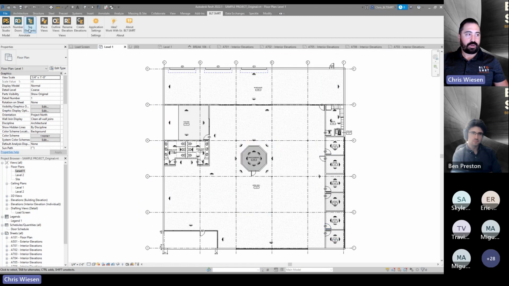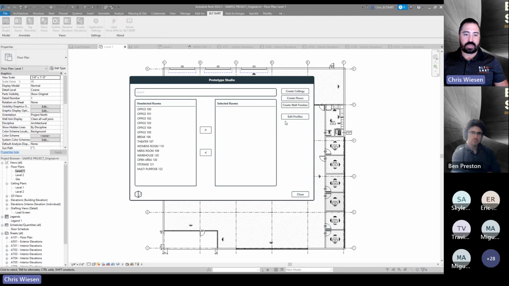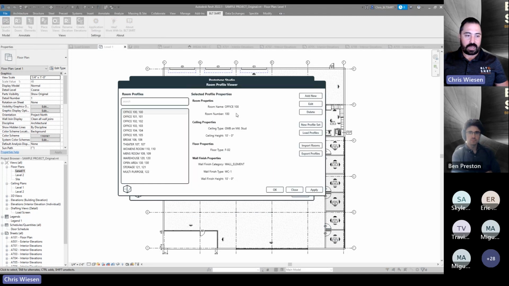One other thing I will note that I missed earlier on when talking about the editing profiles: we will be supporting Excel import and export in the future. So when you have a large list of rooms that you're trying to set up, you can use Excel to quickly copy and paste those